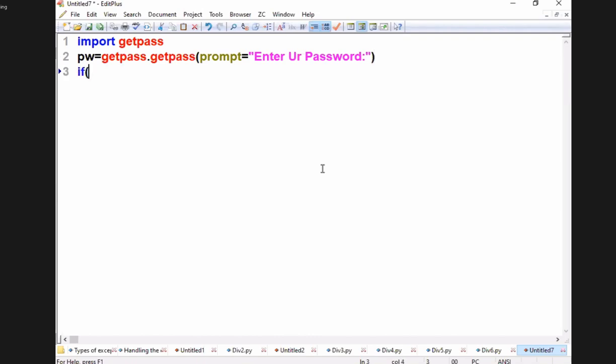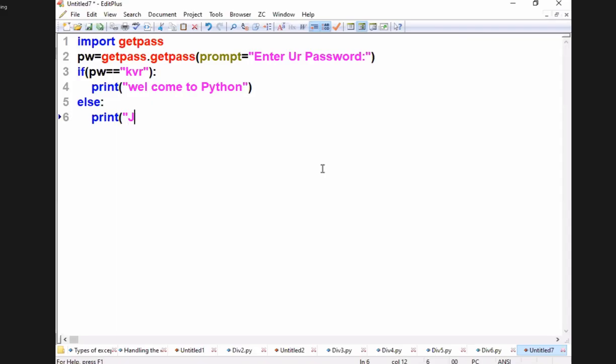If pw is equal to KVR, I am giving my password. Print welcome to Python. Else print KVR.